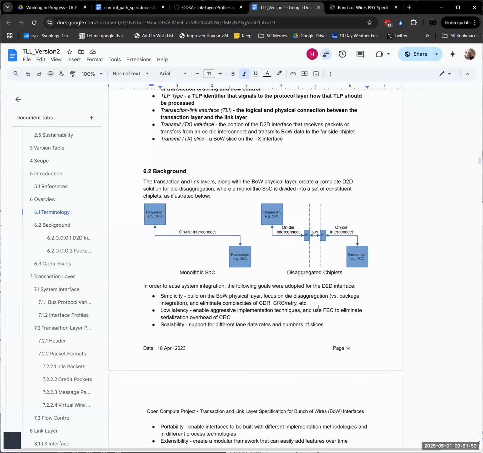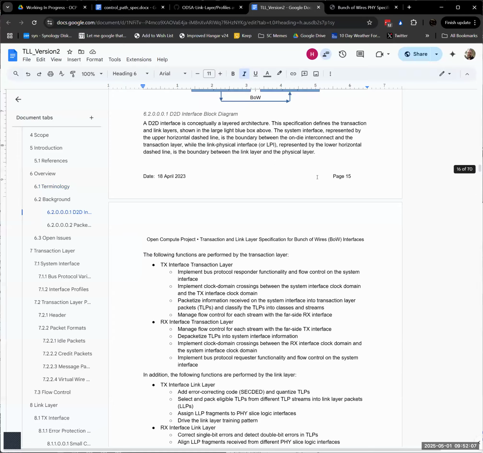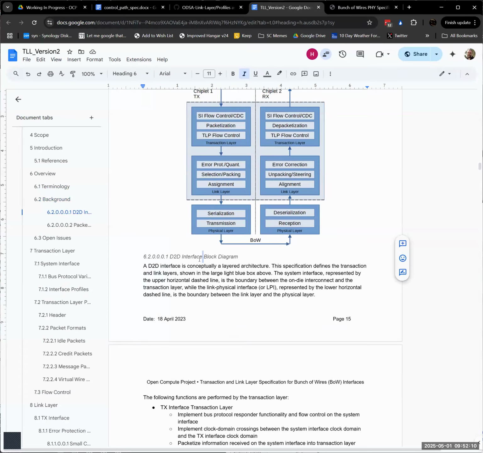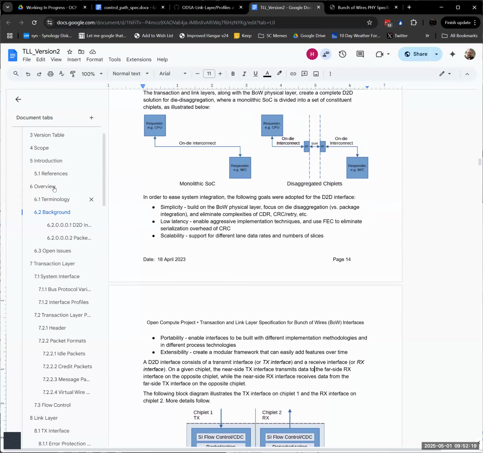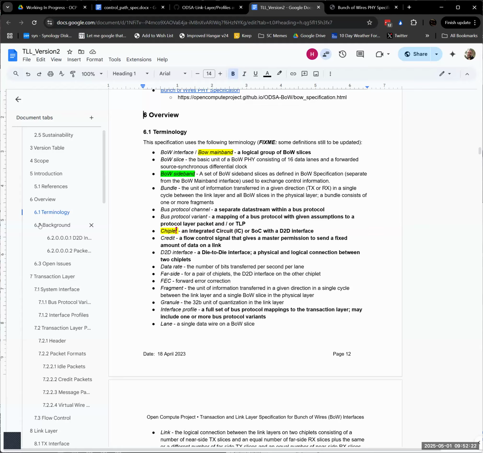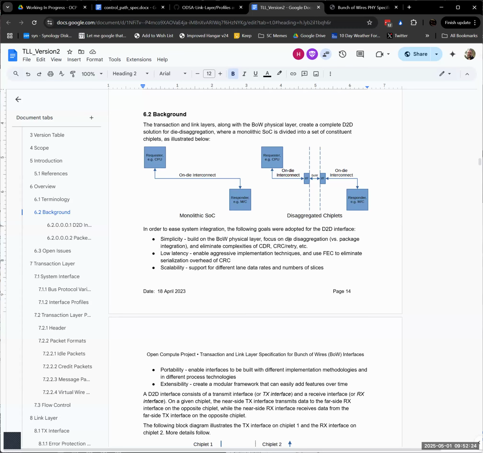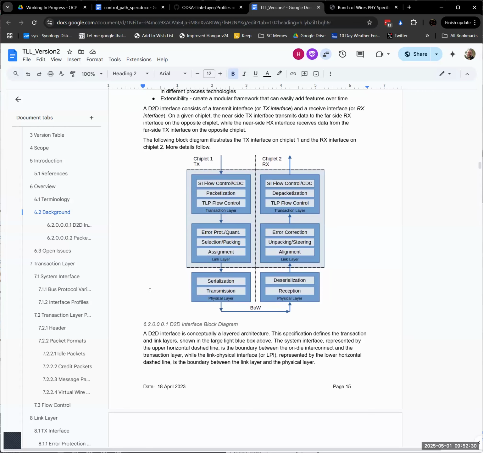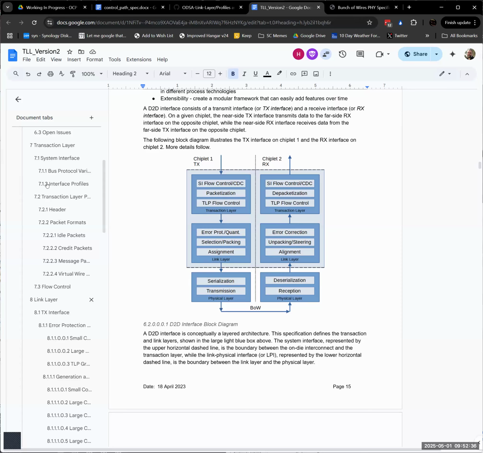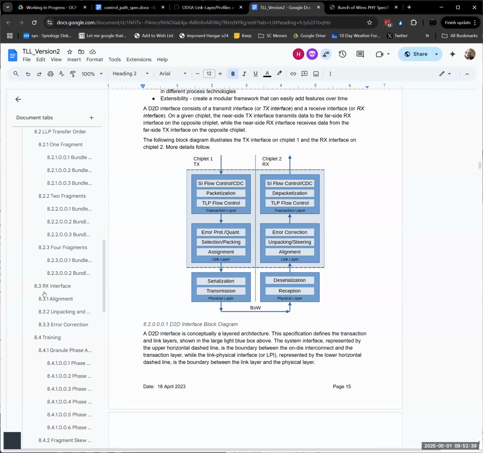The rest of the document, just in terms of what I'm planning to do next. There's obviously a bunch of stuff that needs to be sorted from a doc side, because the diagram labels are going to be reformatted and fixed. A number of the diagrams, like I said, I need to figure out what to do with this overview section, sorry, the background section, whether we incorporate the sideband into this or just talk about it in the sideband section. And then on the sideband side, sorry, lost in my own